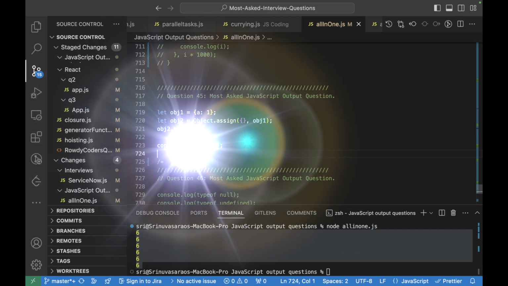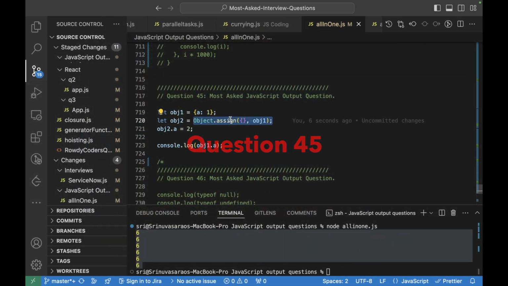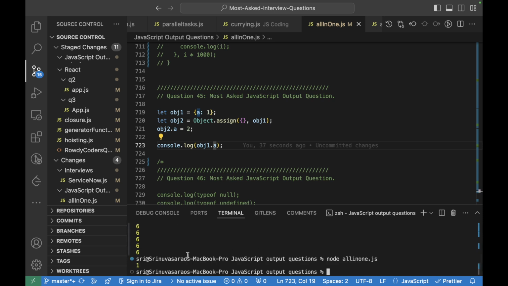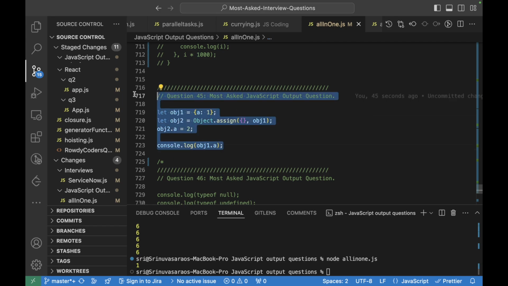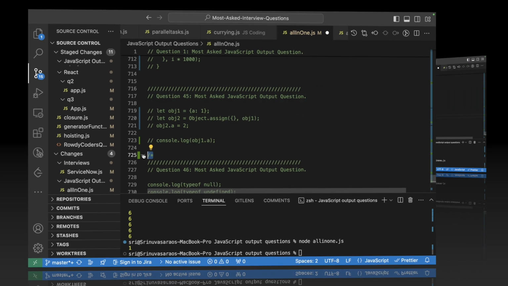And here we are doing assignment for this particular object, and while trying to change this object, it won't change anything in object one, because here we are doing assignment. We are not assigning the reference, but we are assigning the content within this particular object, so it won't change anything within object one. So object one would be this only. So let me run it and show the output. So yeah, object one is this only. Let me comment this down and let's go for the next question.